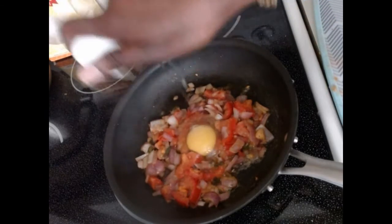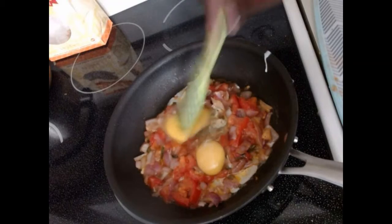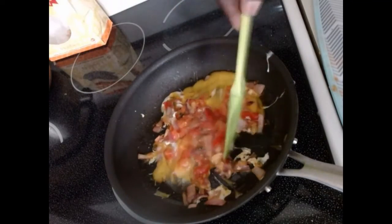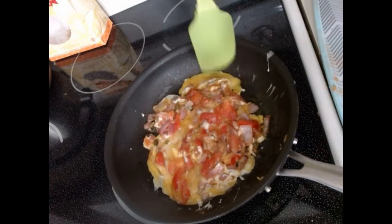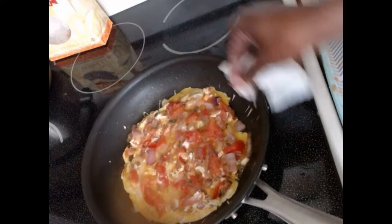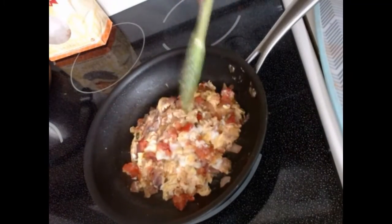Now I'm going to put in my eggs. And I'm just gonna mix that in. And I'm just gonna let this cook through. All right, and I'm going to stir this just a little. It's coming out nicely. Okay, and then we're gonna let it cook a little bit more, and then we're gonna